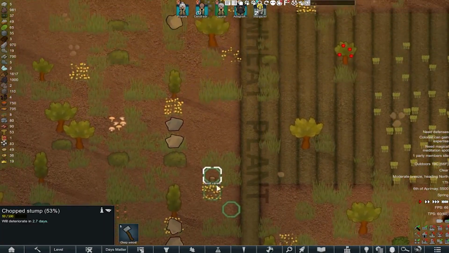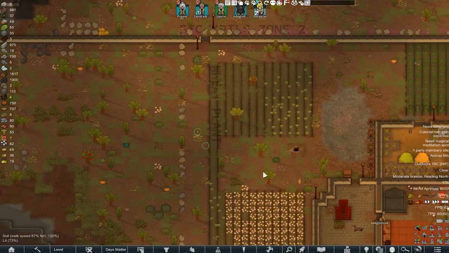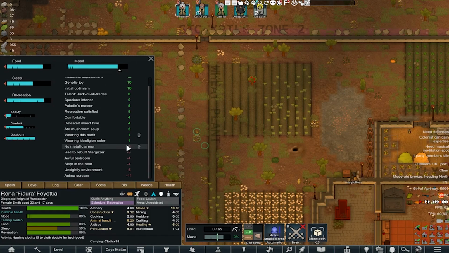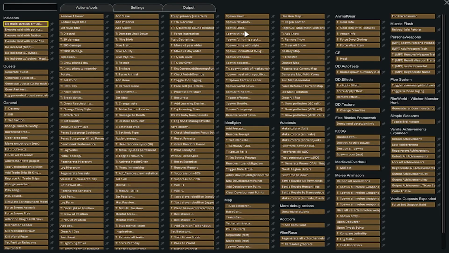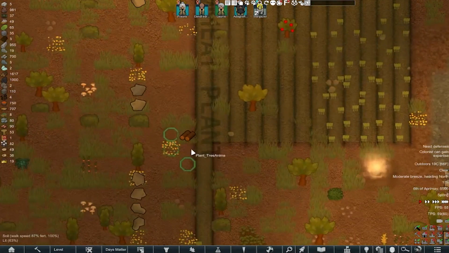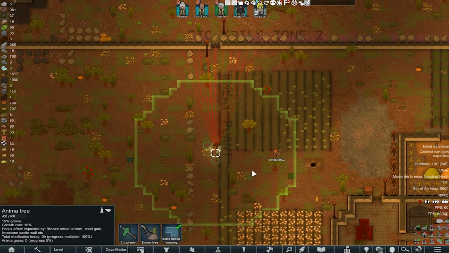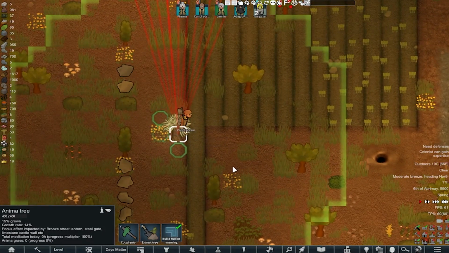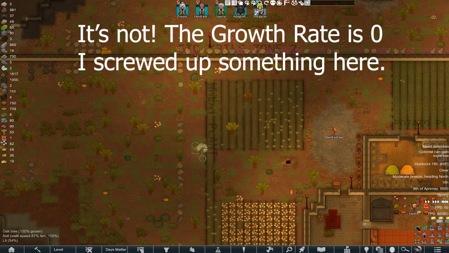Candle draw. Oh. Adagio, can you go harvest that? Where did the anima tree go? Did we get an anima tree screen? Oh my god. Spawn a thing. I think I might have told him to chop down the anima tree in all my haste there. And it's actually fine there. Cool. Anyway, back to the